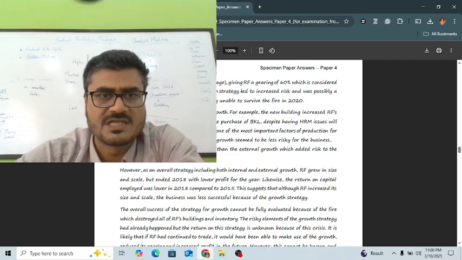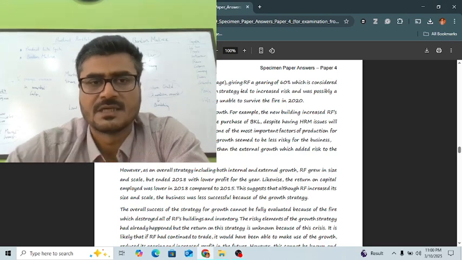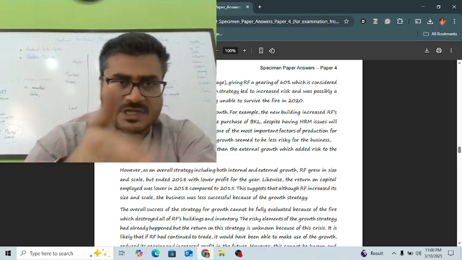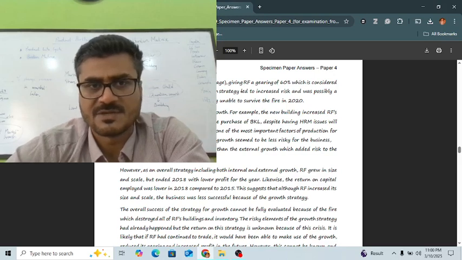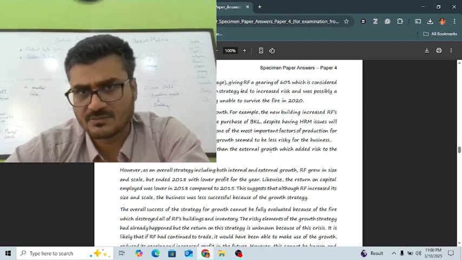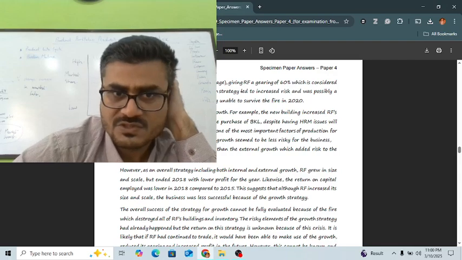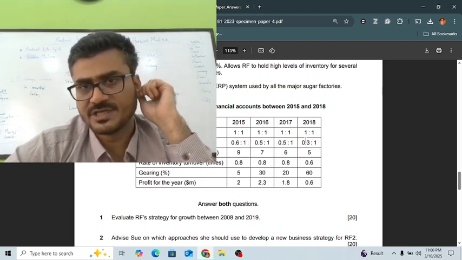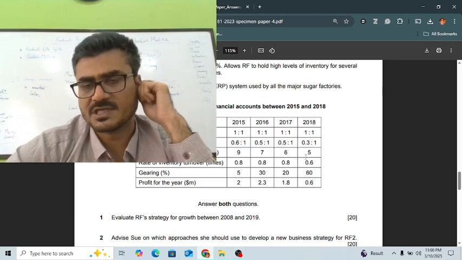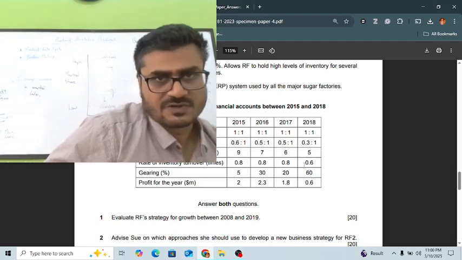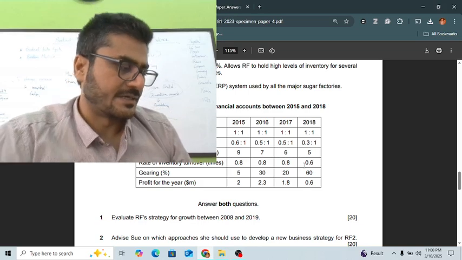Overall, the strategy is going to be growth, for example a new building. Buying a new building was the fourth point, and it was also financed by a mortgage. So it also increased the inventory capacity by 300%, and eventually it was burned, as we can see in the case study. So we can use those facts and figures. We can see that the acid test ratio, the liquidity, is decreasing, return on capital employed is also decreasing, and the rate of inventory turnover is also decreasing because of high levels of inventory. So inventory holding cost may be discussed here, and